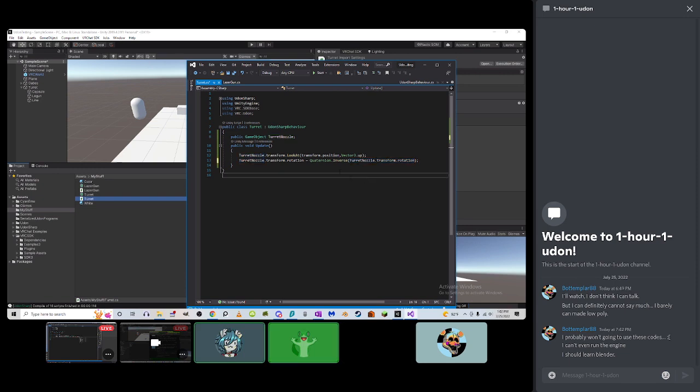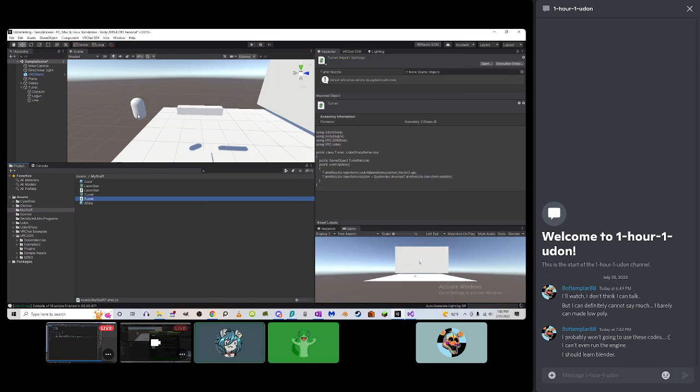So this way, we don't actually have to know about how quaternions work. We just use the function that does all the complicated stuff for us. So we make it look at our actual bean, and then we flip it over. Okay. And we do this every single frame. So now if we save it,